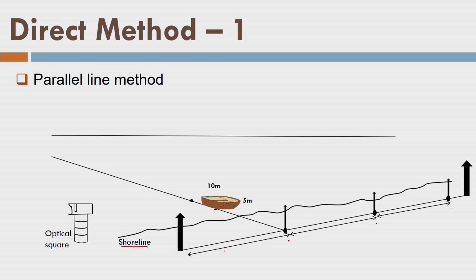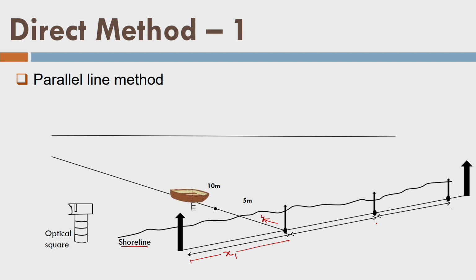So, this is my distance x here, from here to here, or I can call it x1. Now I will measure my y along the float line. Let us see the situation here. At 5 meters I will take my sounding, and at 10 meters I will again take my sounding observation, and so on. Next observation at 15 meters, then 20 meters, 25 meters, and so on. I keep on repeating this observation.